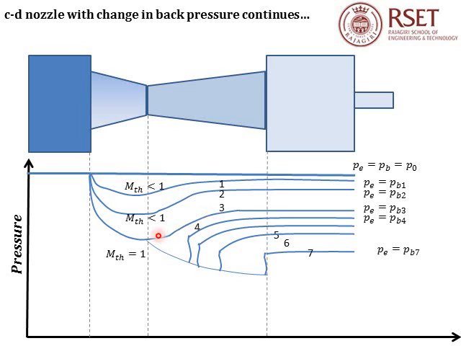In this case, the condition of the pressure at the throat remains the same, that is P star, but the back pressure has reduced to a lower value. Because of this, the magnitude of adverse pressure gradient now faced by the fluid at the throat is less. Because of this and the high inertia it possesses because of high velocity, the fluid starts accelerating into the duct. But this acceleration doesn't last long because as the fluid accelerates, the pressure reduces.